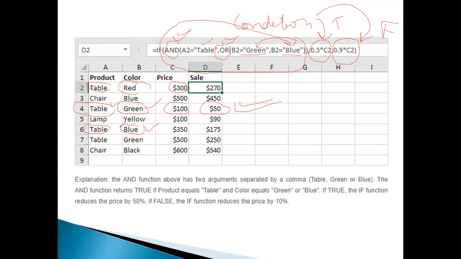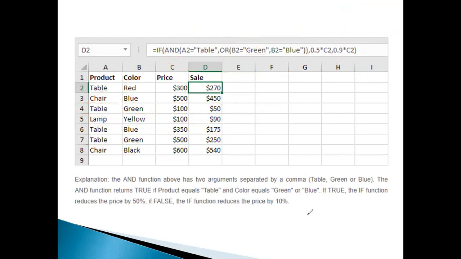So green or blue, you got a 50% selling rate. That's the discount here. Otherwise all the other things get the other rate. So that's the condition. Any number of conditions you can put, and you can make that possible.